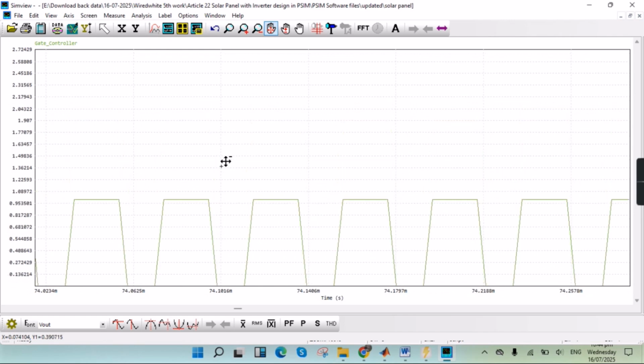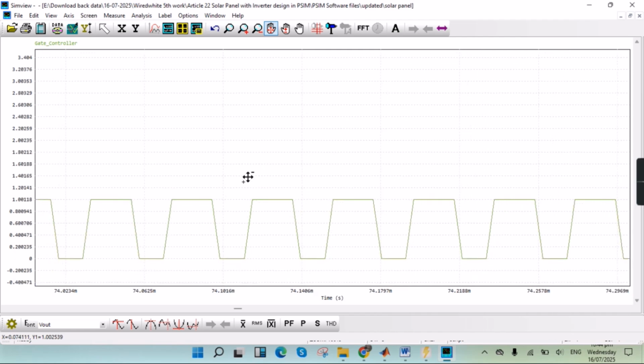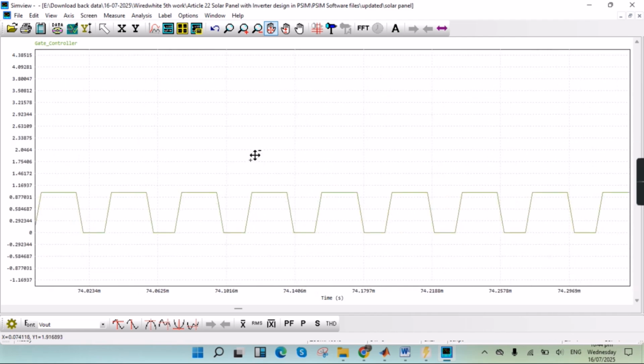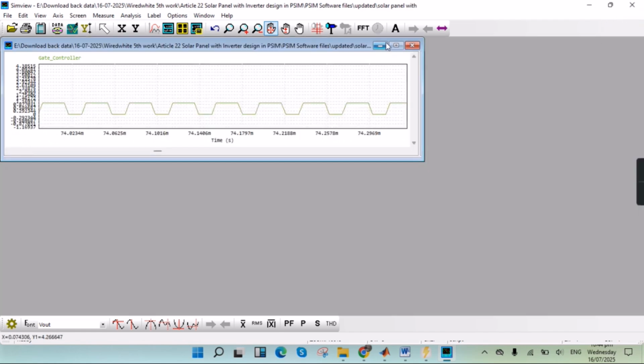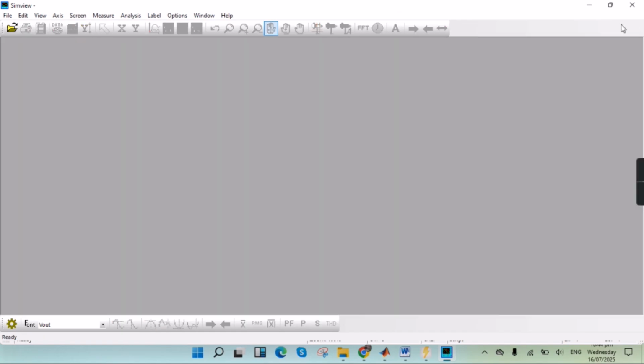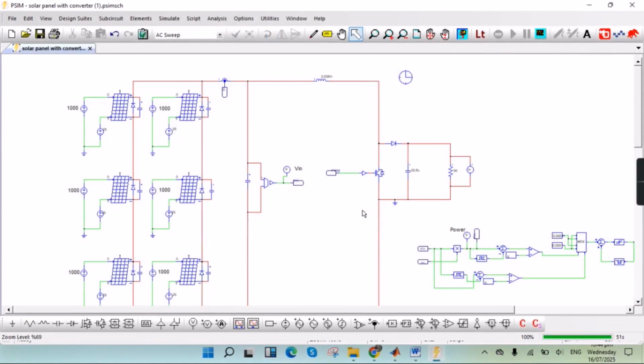These are the duty gate cycle output curves. So this is the final output result based on the output voltage. Okay, so I think it is